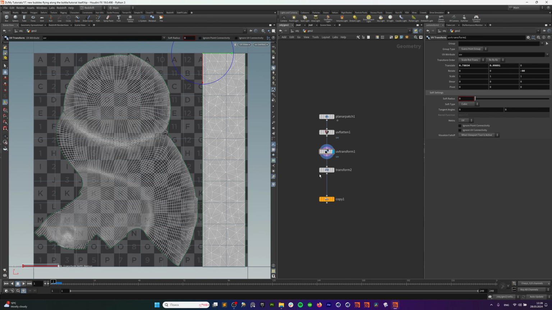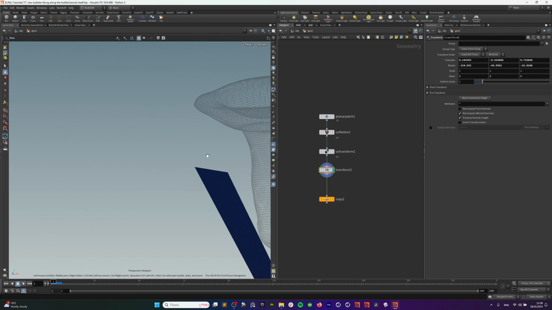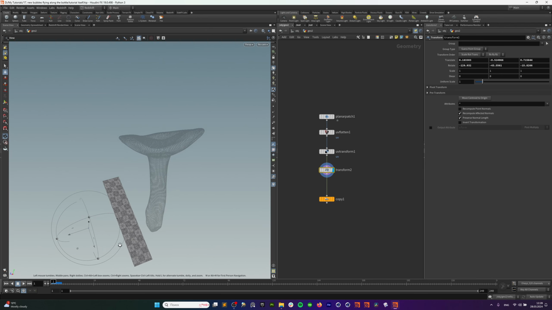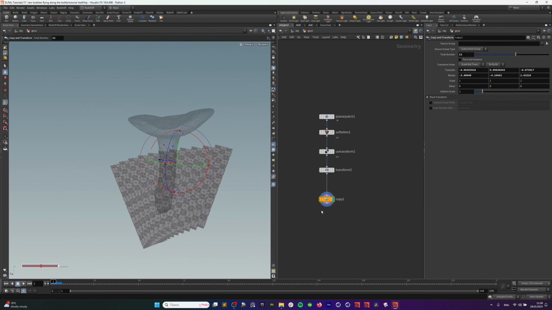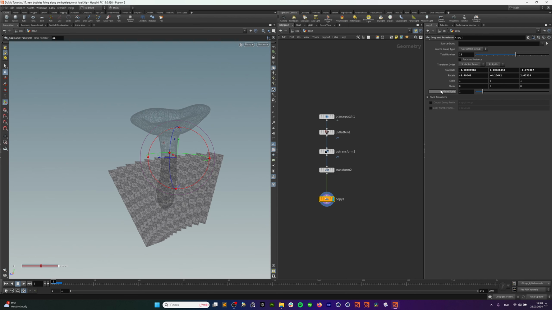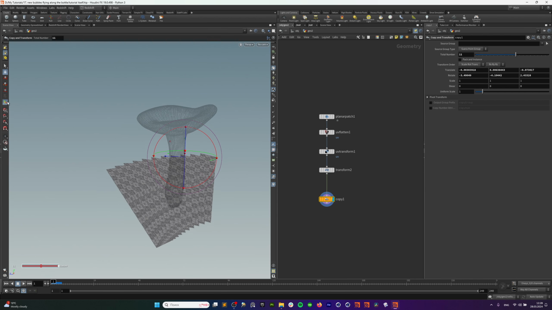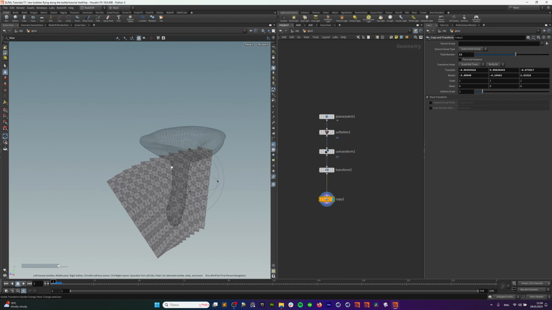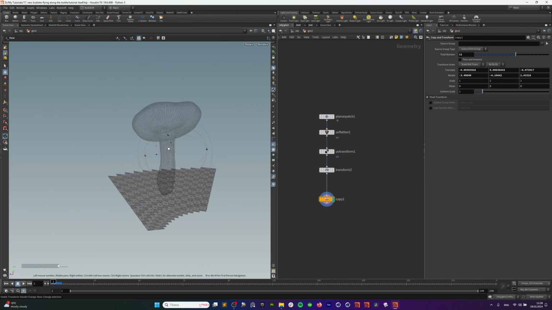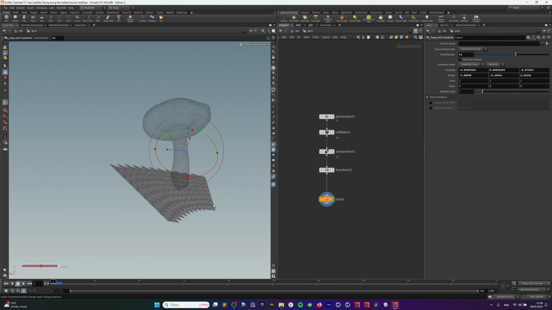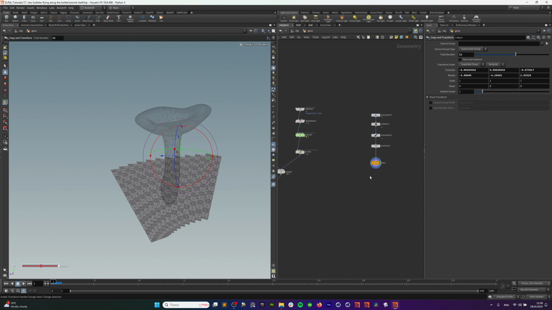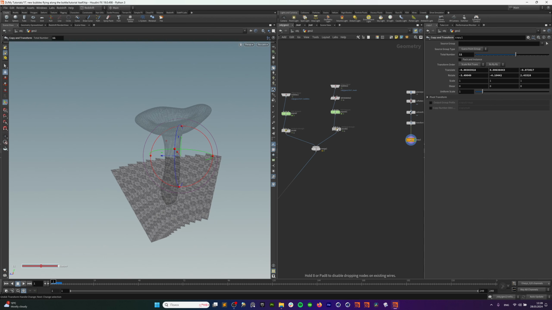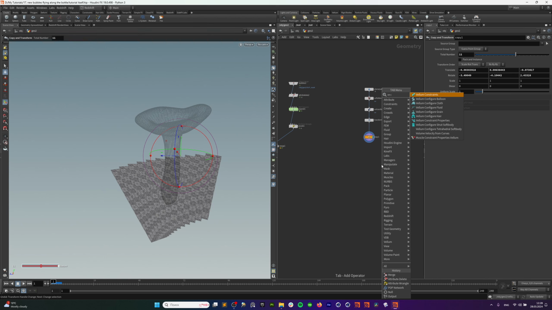So I transform that, go back to our view, do something like that, and I use a copy and just use arbitrary numbers for the translate. To be honest, I just grab this guy and rotate it in the viewport so I could see the precise stack. I could build a stack of planars. And the same goes here, I just use a Vellum cloth,